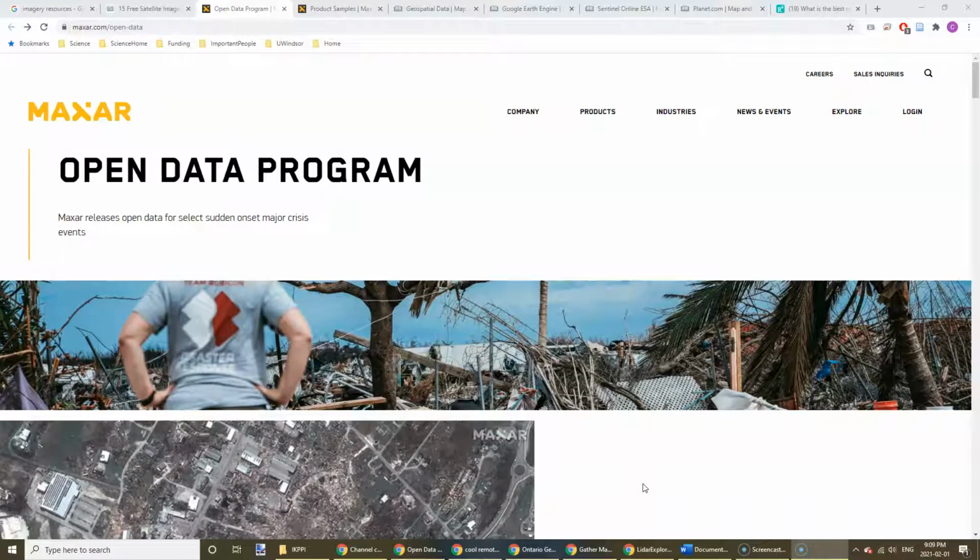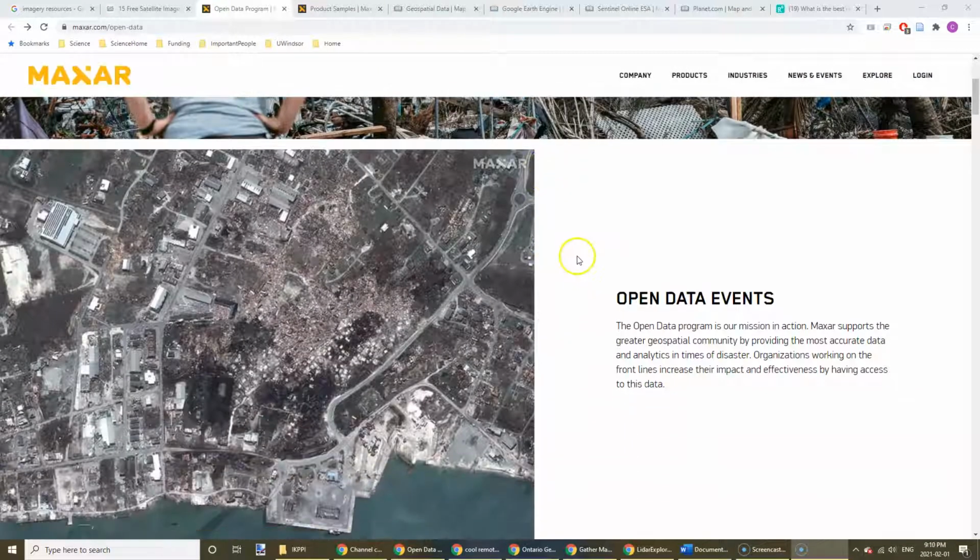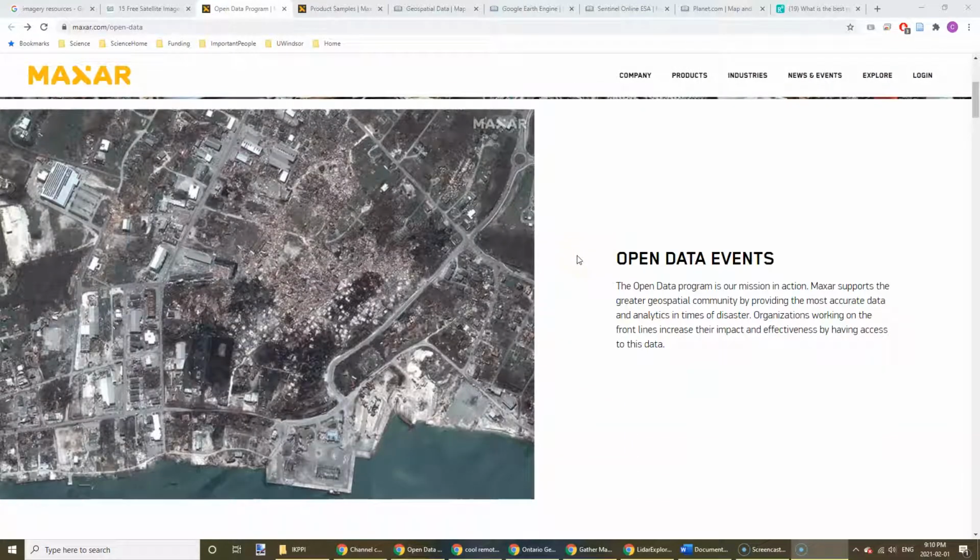If you are interested in using remote sensing to look at disaster management, Maxar, formerly Digital Globe, has an open data program. So anytime that there are what they call events of a disaster nature, they open up their imagery to the humanitarian community as well as the remote sensing community to look into how we could do better at